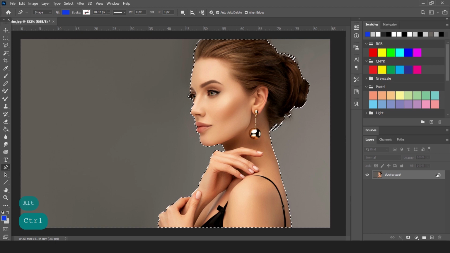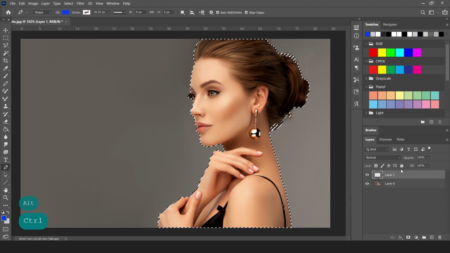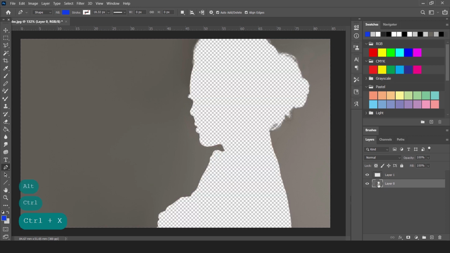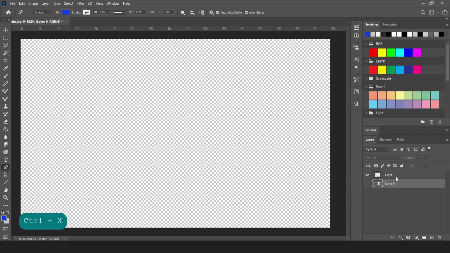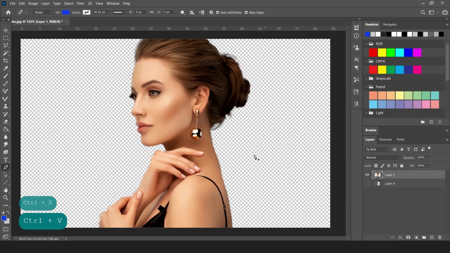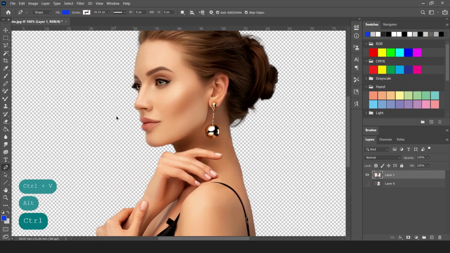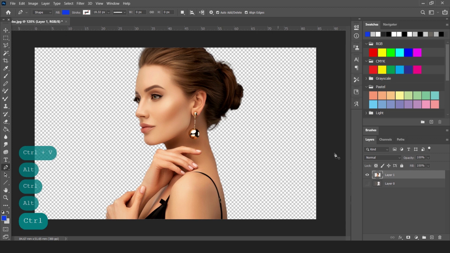As we have selected the subject, let's remove the background of the image. We have made a new layer and selected the current layer and deleted the subject from the current layer and moved it into the transparent layer, which is layer 1. So this is the obtained result where we can see that the subject has no background left and it is completely transparent.